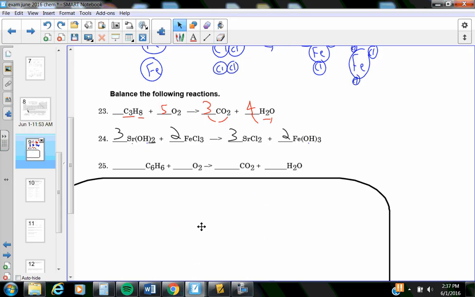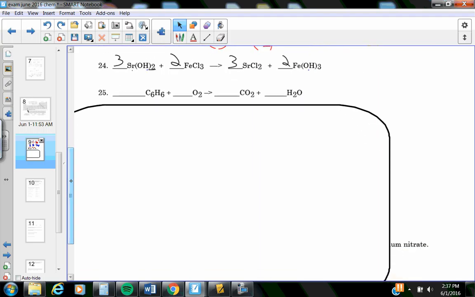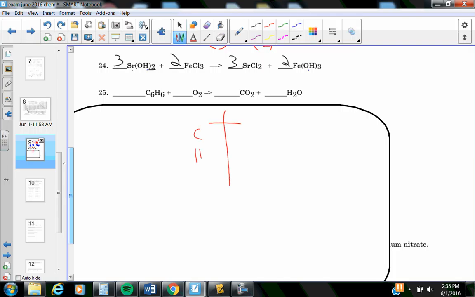Moving on down. Another combustion. Combustions are characterized by having C's, H's, and O's. And one of your products is water and the other one's either carbon dioxide or carbon monoxide. Count it up. If you have 6, 6, and 2 versus 1, 2, 2 plus 1 is 3,